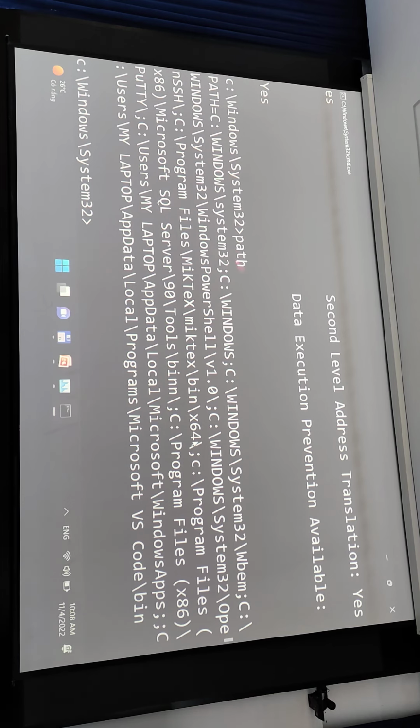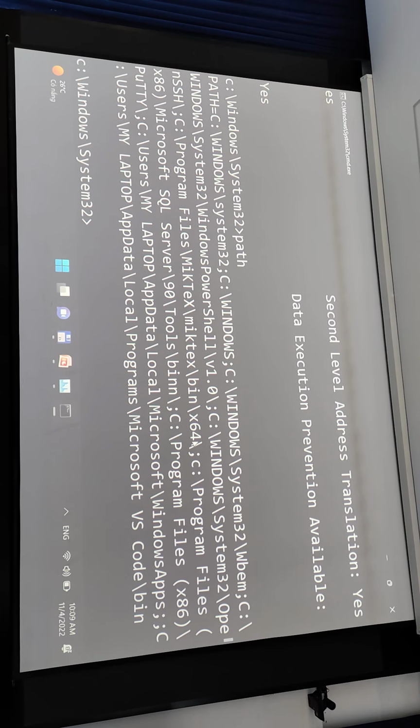Here, the path variables store all the paths in the system where Windows will look for files, like CMD. You can see that the path is a list of paths: Windows System 32, Windows Server System, Programs, Microsoft, Visual Studio Code, Bing, Windows App, for example.